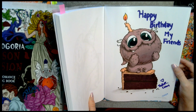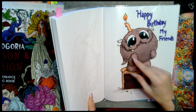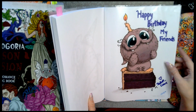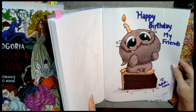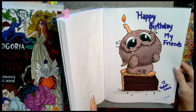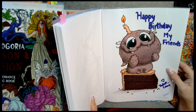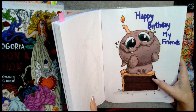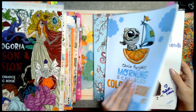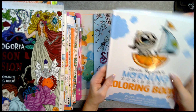And it was, oh no, I did use a little bit of pencil to shade here because I had a line from the alcohol marker drying too fast on stupid Amazon paper. And those are Prismas I used on top. And the actual alcohol marker I think was Ohuhu's. Yeah. That was Morning Scribbles Coloring Book number 2